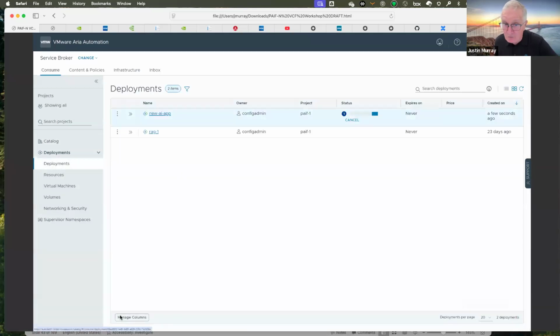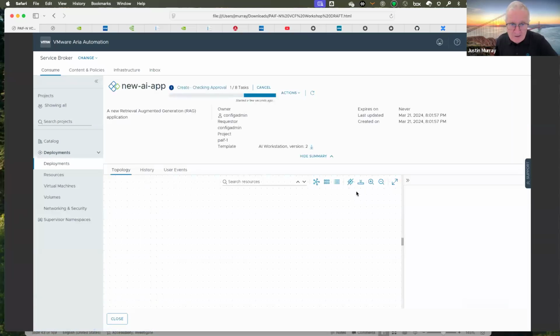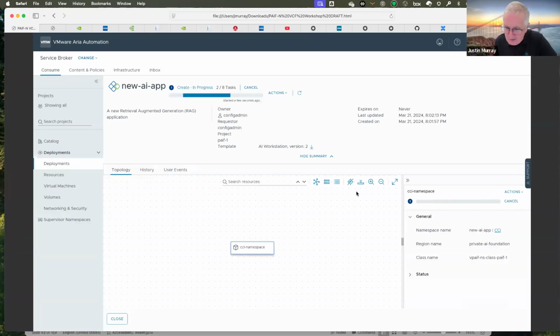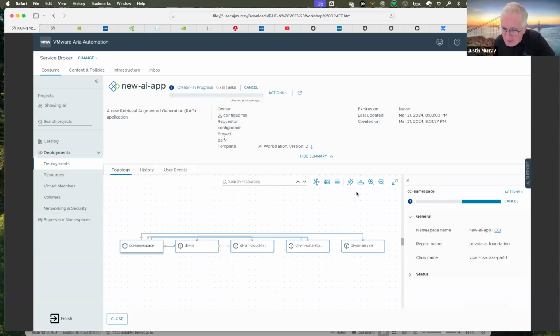The automation is now doing the work for them of constructing a single VM, which will look like this. These are internal steps in the automation process. It's using an underlying technology called cloud consumption interface. If you're familiar with Kubernetes, this is the Kubernetes style of building a deep learning VM.